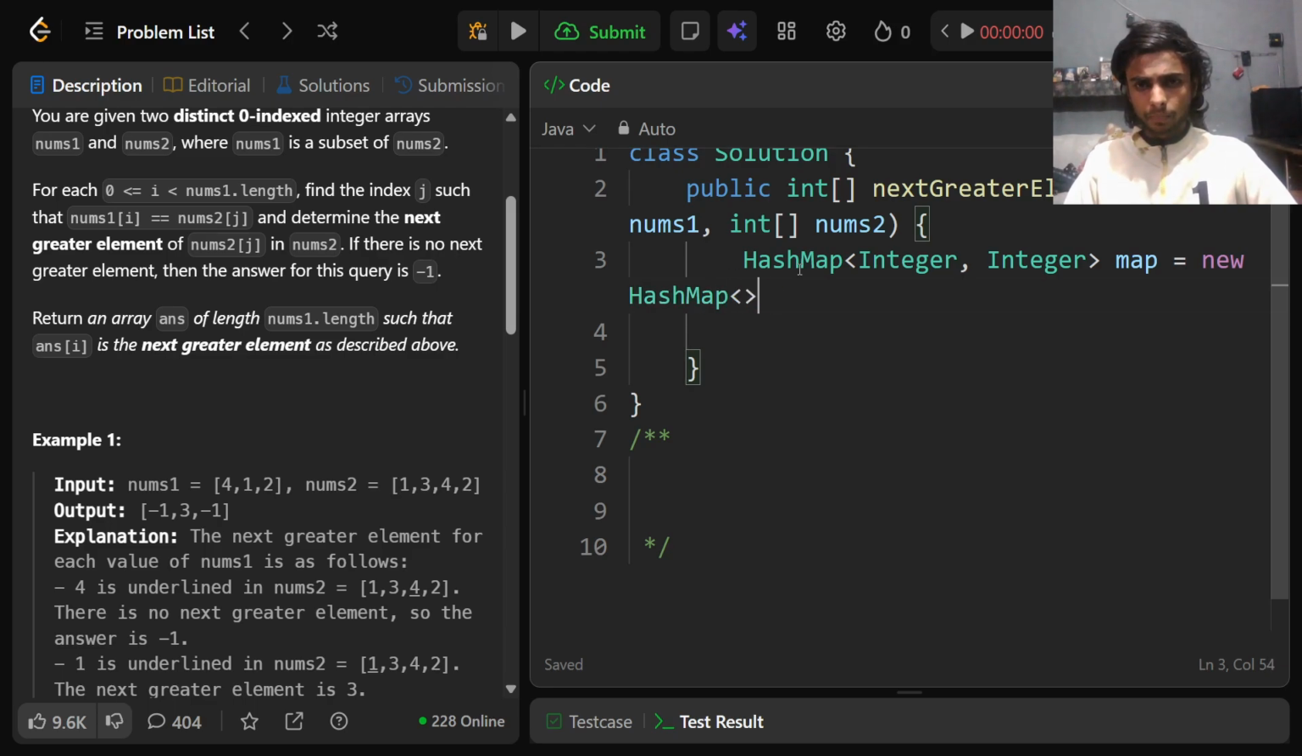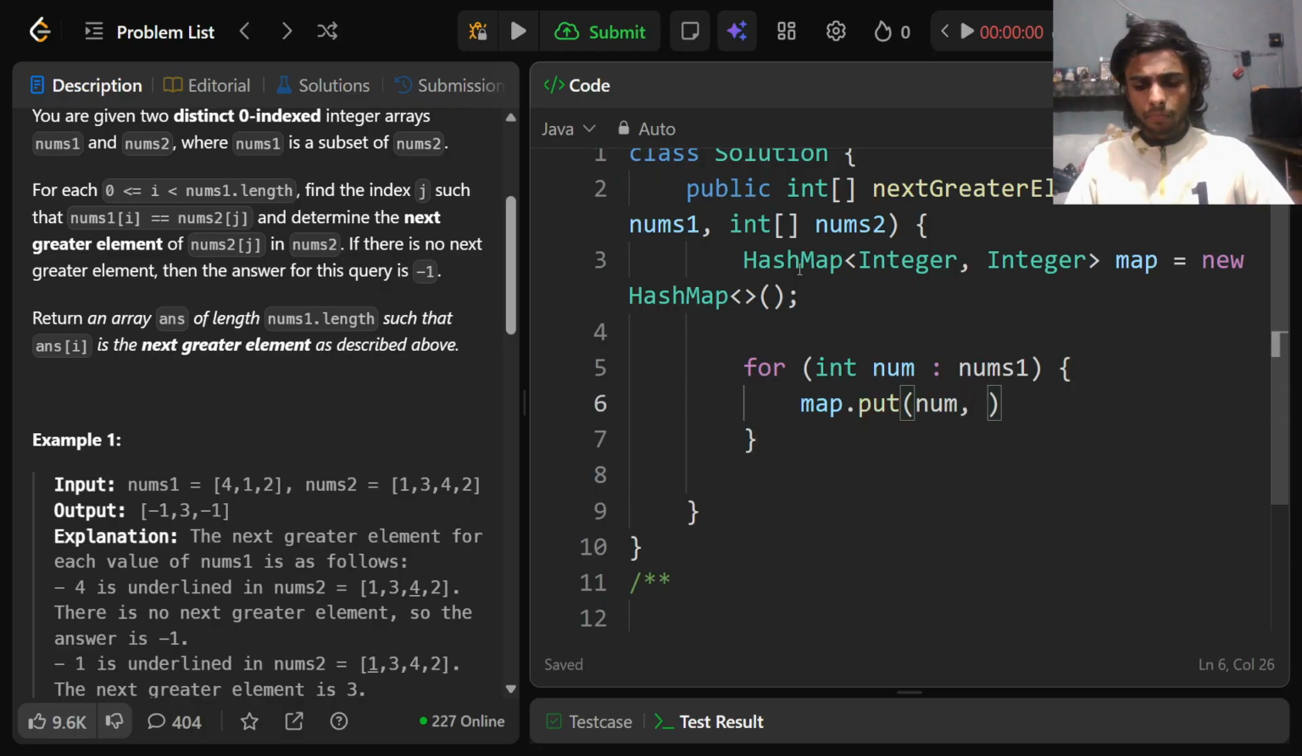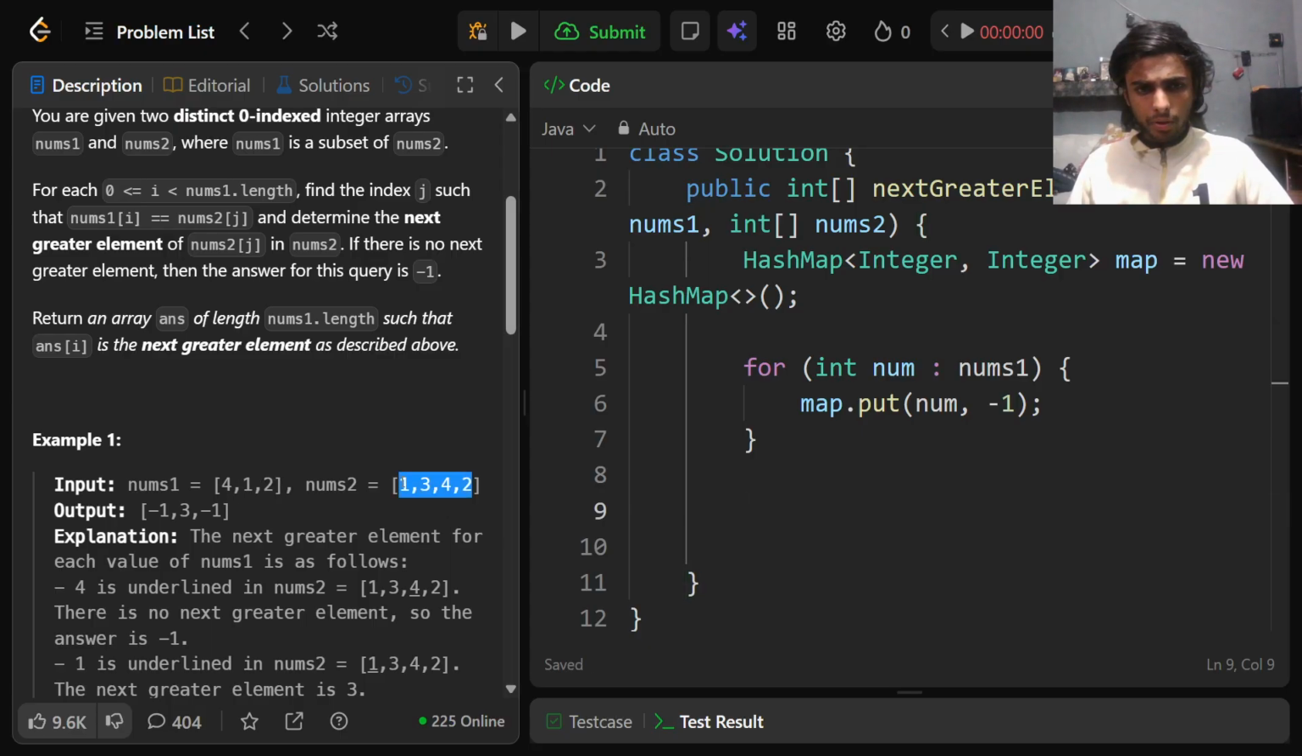New hash map. For num in nums1, now map.put(num, -1). Now the map, if 4